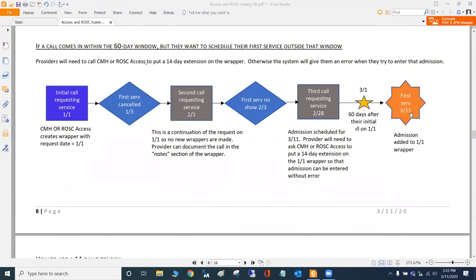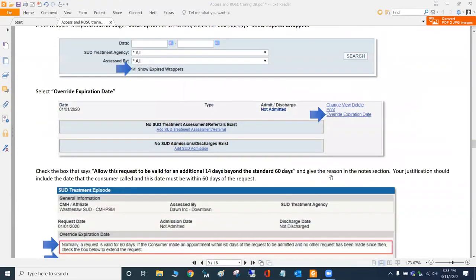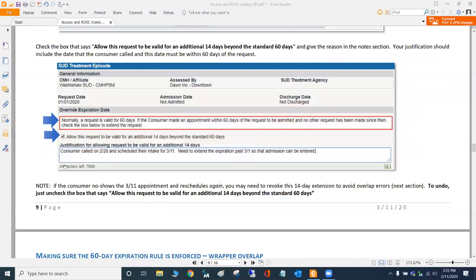And then let's say they no-show that service on 3/11, and then they call again, and you have to put in another wrapper. If that happens, you need to undo this checkbox because otherwise you're going to get some overlap logic giving you trouble. I'll talk about that in a second.